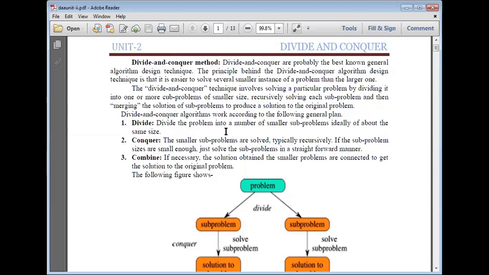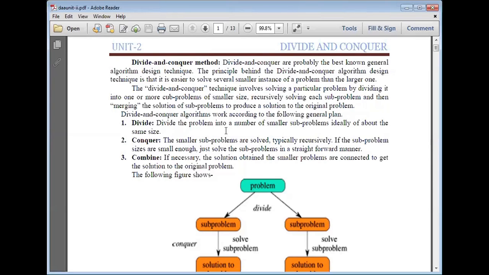Suppose, for example, we take an integration formula, integral of x square plus x plus 1 dx. Now we want to integrate x square plus x plus 1. Then what to do? First, divide the problem into a number of subproblems.